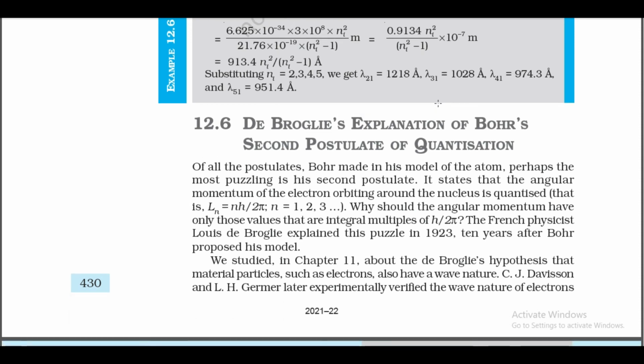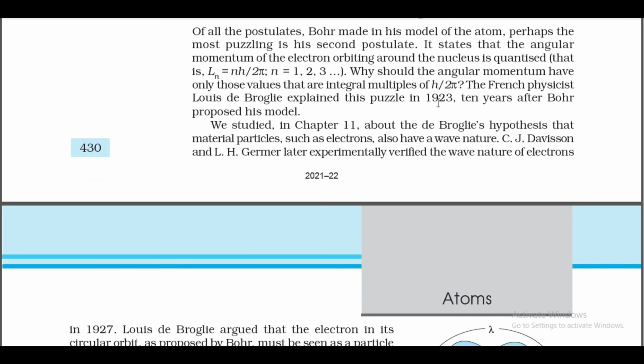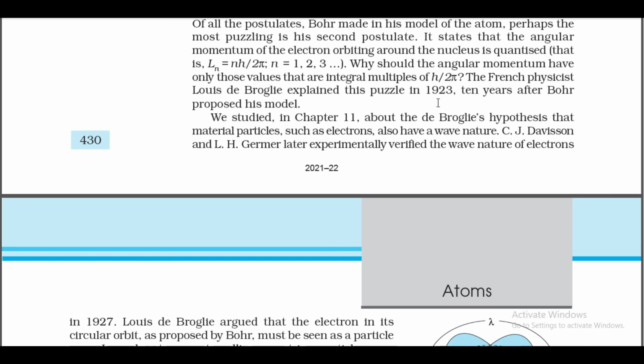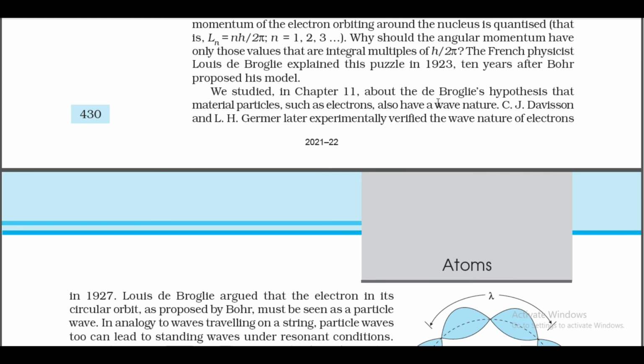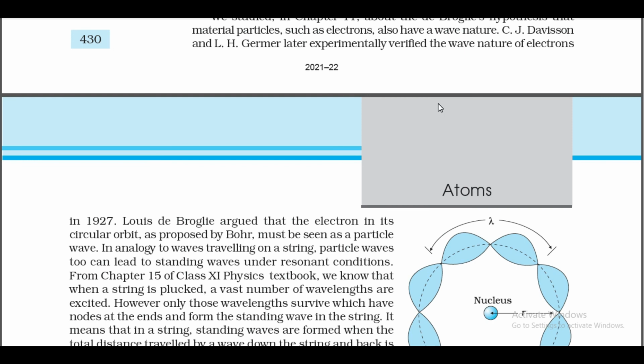We studied in Chapter 11 about de Broglie's hypothesis that material particles such as electrons also have a wave nature. C. J. Davisson and L. H. Germer later experimentally verified the wave nature of electrons. Louis de Broglie argued that the electron in a circular orbit, as proposed by Bohr, must be seen as a particle wave. In analogy to waves traveling on a string, particle waves too can lead to standing waves